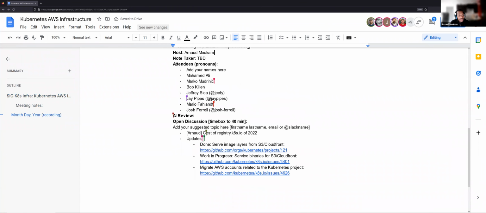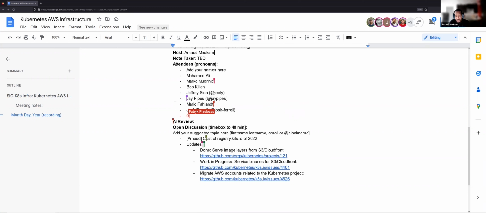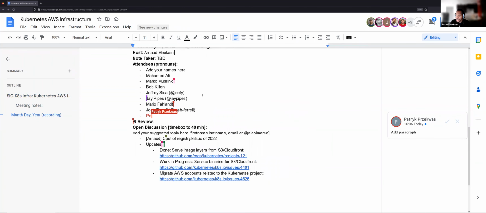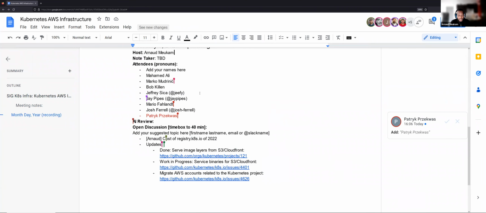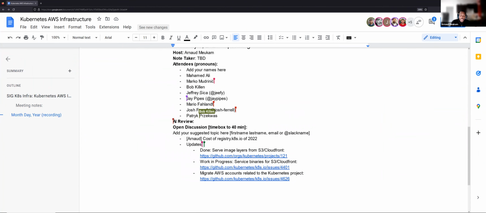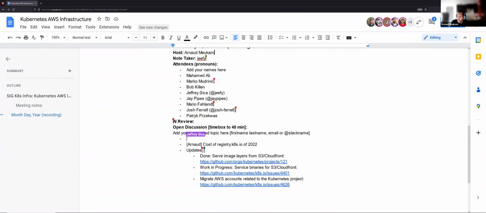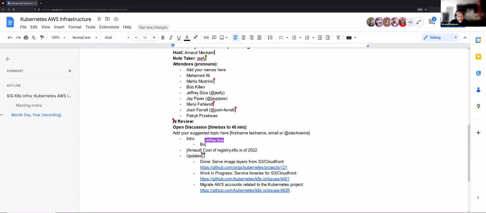I'm not doing the introduction here because this is the first call. There's going to be a lot of people doing that solution. I want to focus on exactly what needs to be discussed. Like I said, we are bootstrapping a new infrastructure, and at the same time, we're trying to address a cost issue on the GCP infrastructure.